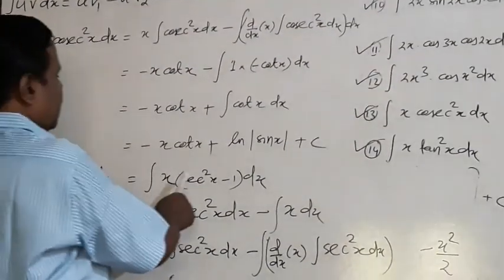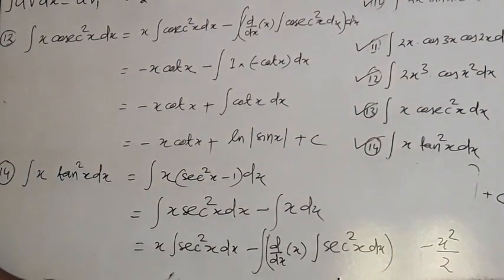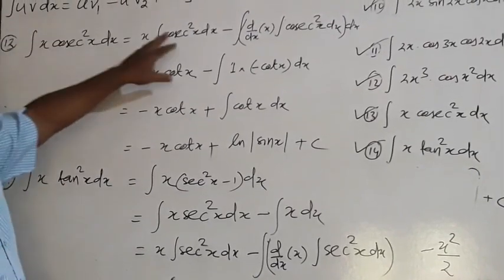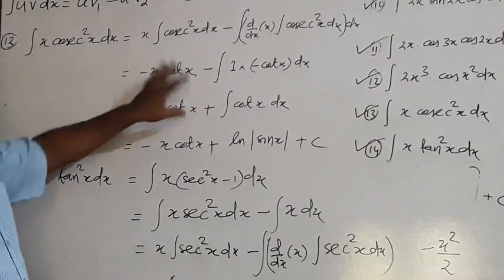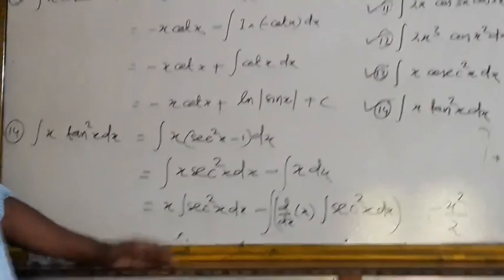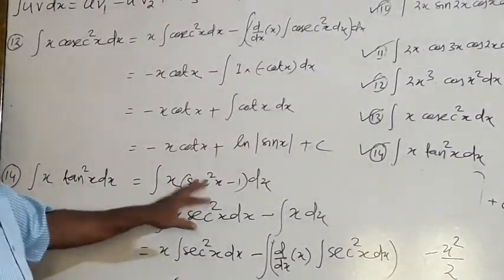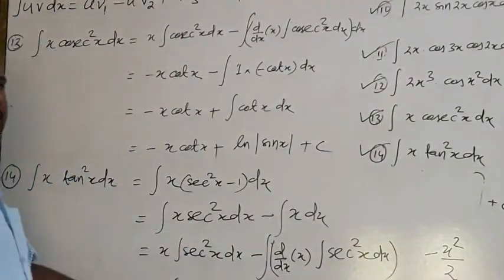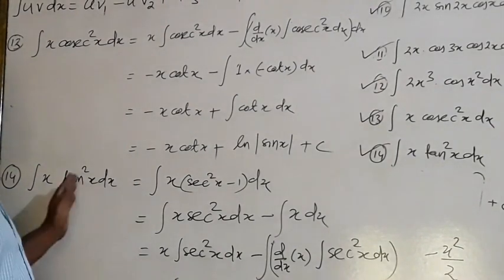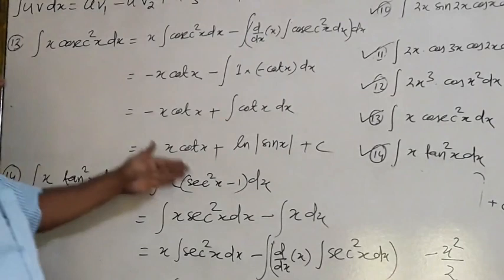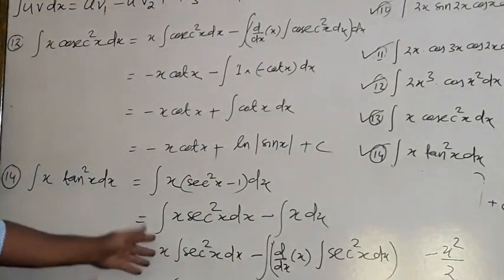Similarly, I am taking x tan squared x dx. I am taking it as x (sec squared x minus 1) dx. Why not tan squared x as the second function? Because here the integration of cosec squared x gives the result minus cot x, but tan squared x will not give you the result. And tan squared x is sec squared x minus 1. The integration of sec squared x is tan x. In the case of sec squared x and cosec squared x, you will do like this. In the case of sin squared and cos squared, you have to convert power to angle. Proceed in this way, you get the answer. Okay?